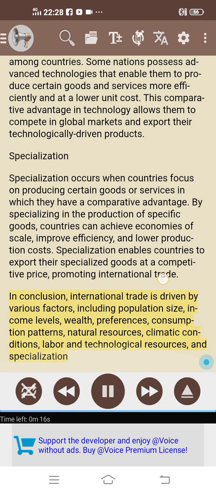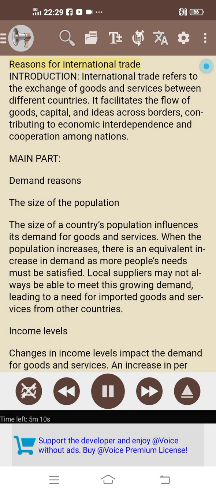In conclusion, international trade is driven by various factors, including population size, income levels, wealth, preferences, consumption patterns, natural resources, climatic conditions, labor and technological resources, and specialization. Reasons for international